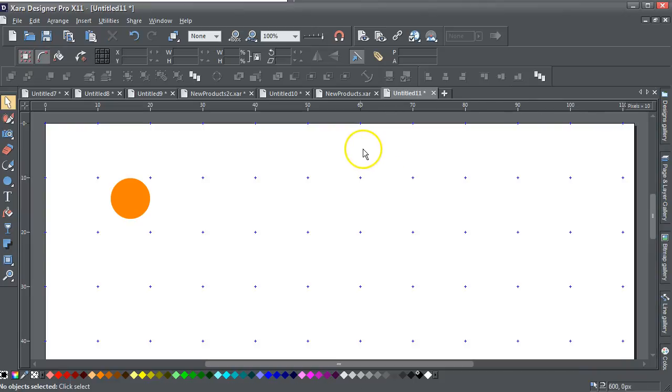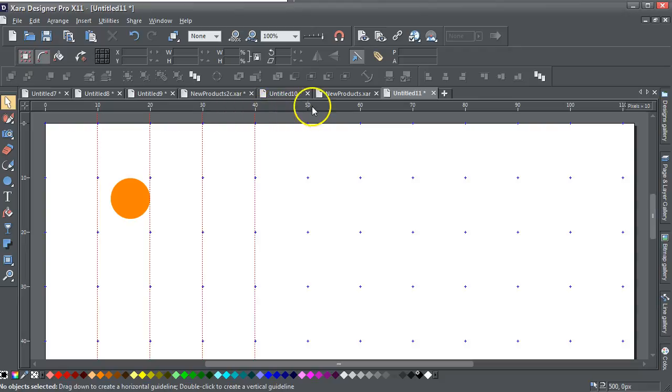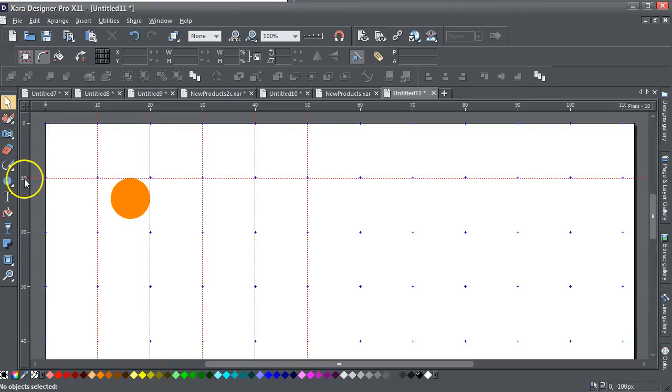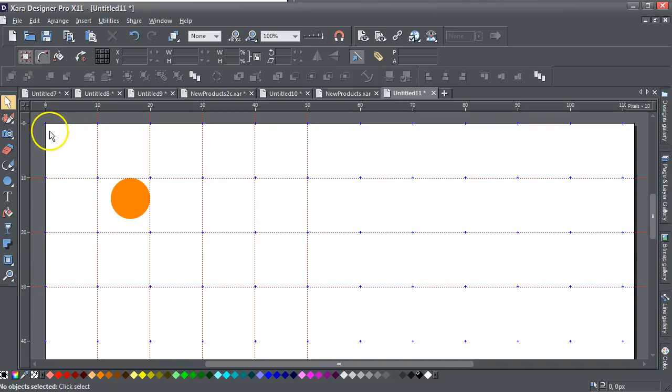Okay, and I've still got snap-to-grid on, so if I just click anywhere near the 10 or the 20 or the 30 or the 40, notice I'm not clicking on this anywhere. I'll put on a 10, 20, 30. So that's with a snap-to-grid. That gives me a nice 100 by 100